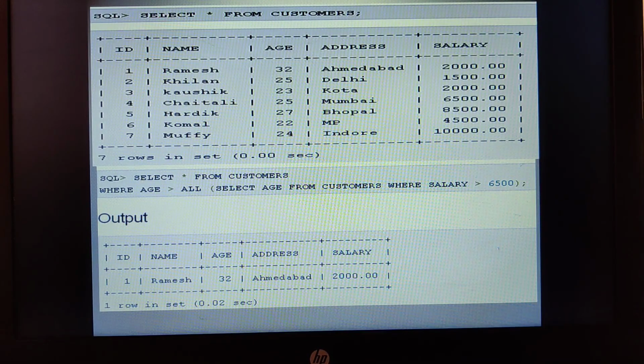Children, some more logical operators we shall study in our next video. I hope you are able to understand these queries. So make a note of all these queries whatever I am showing you as examples. These are very important from your practical point of view, and as and when we see these examples related to practicals, I'll be showing you some exercises so that you can clearly understand. Okay, thank you students, take care of yourself.